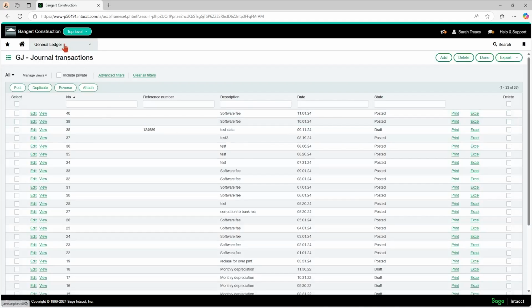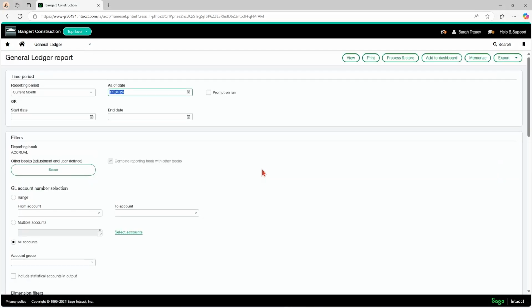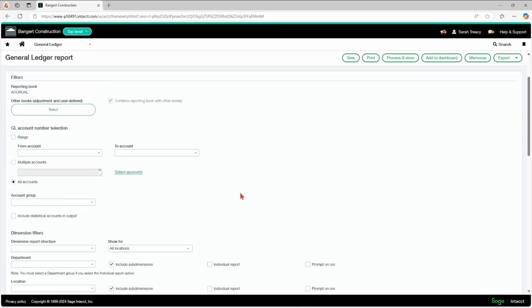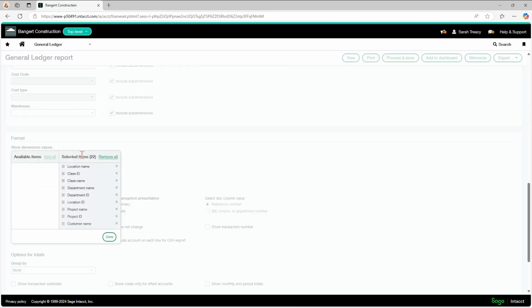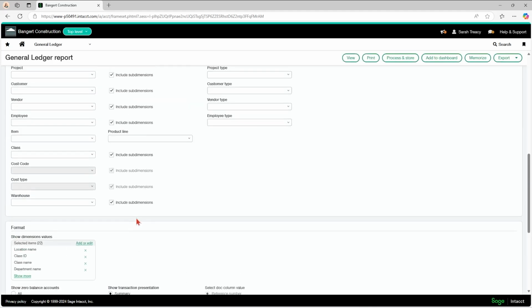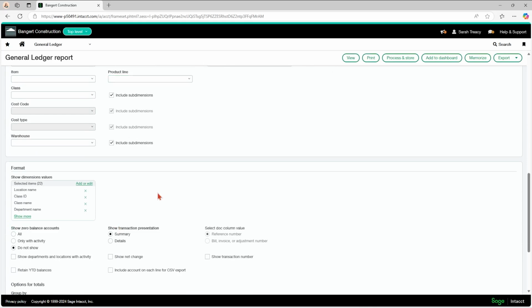I know it's early on in the process, but I wanted to show you this general ledger report, which in my opinion is the holy grail of reports within the system. It is absolutely amazing because you can get all of your dimensions onto your general ledger report down here in your format. You can add or edit it. You can add every single dimension to the report. And obviously you can filter that out in whatever way is necessary for you to pull whatever information you need.